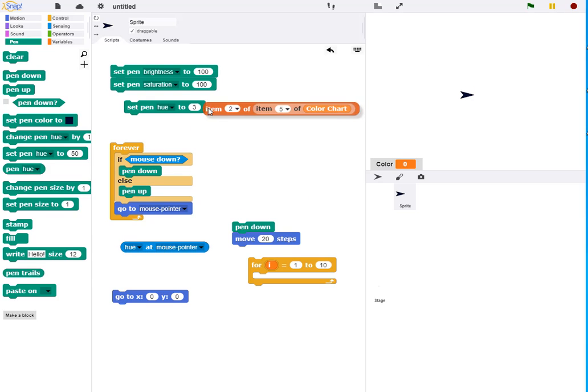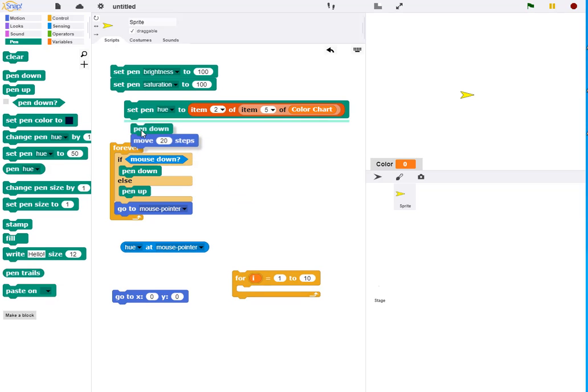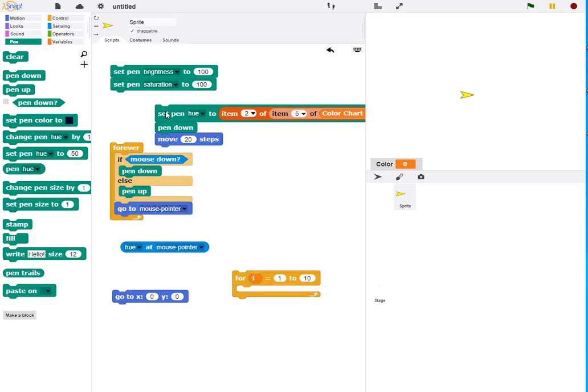If I set the pen hue to that color, in this case yellow, I can then put the pen down and move a certain number of steps. In this case, I'm going to move 20 steps. And I'll be able to see this a little bit more clearly if I increase the pen size. Currently the pen size is set to 1, and I'm going to set it up to 20, and then we'll draw again. And now we get a nice wide swath,